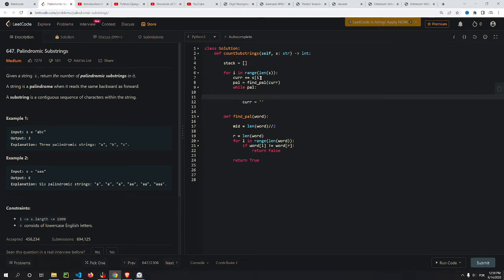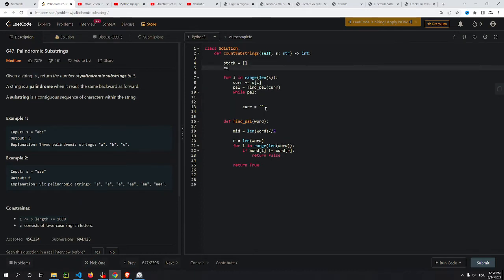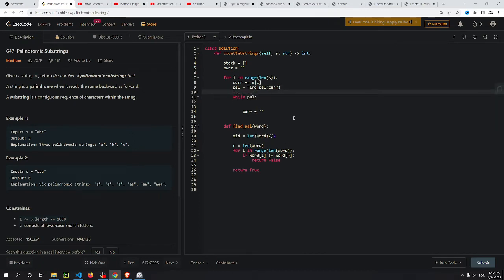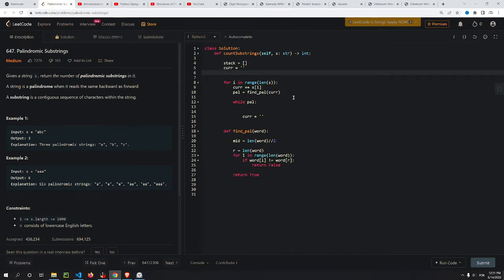So I initialize here, and maybe I have to initialize it outside of the loop so that the sum works here. So I would add a letter and then call the function, and it's going to give me true because it's a single letter. And then I append that maybe to the set or to the stack. Not to the stack, to the